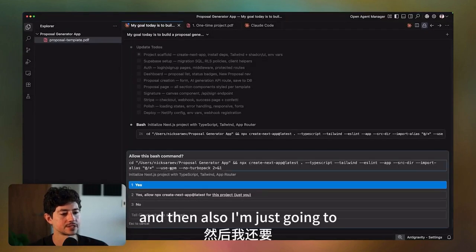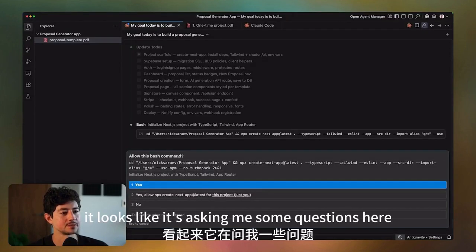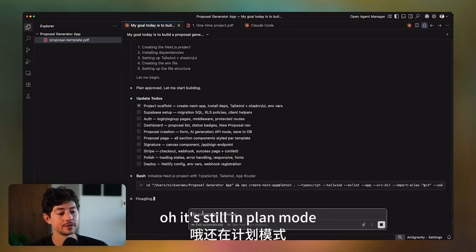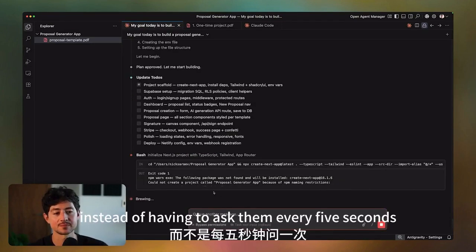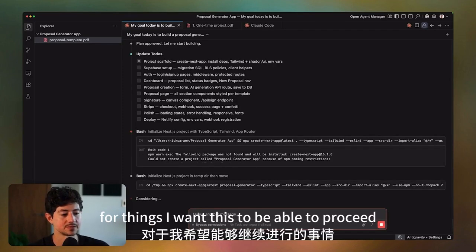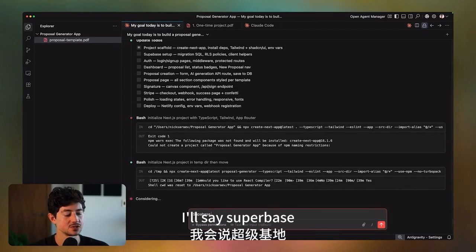And then also, it looks like it's asking me some questions here because it's still in plan mode. So keep in mind, we want to go to bypass permissions mode now, because instead of having to ask them every 5 seconds for things, I want this to be able to proceed. And then I'm just going to give it some stuff. I'll say Supabase